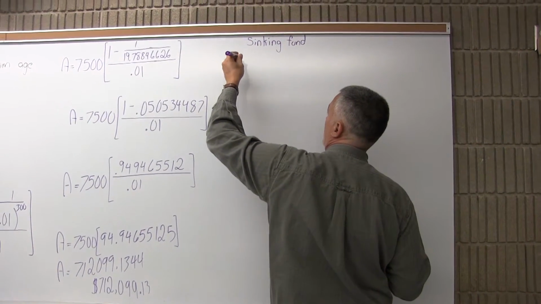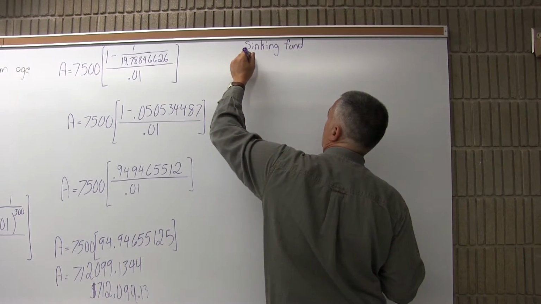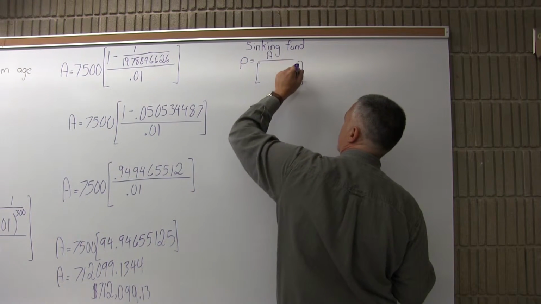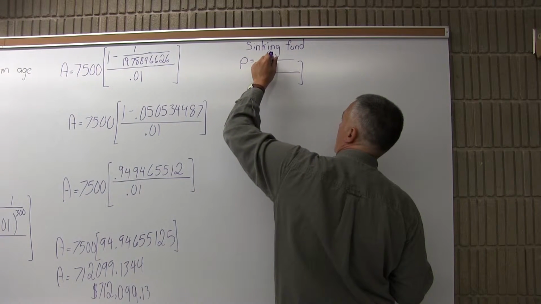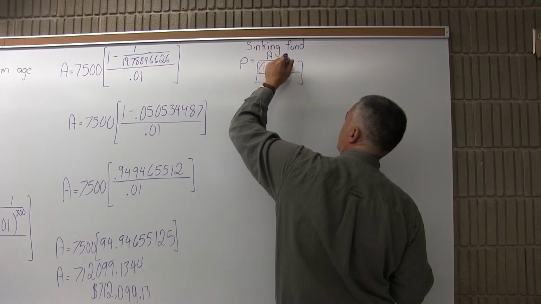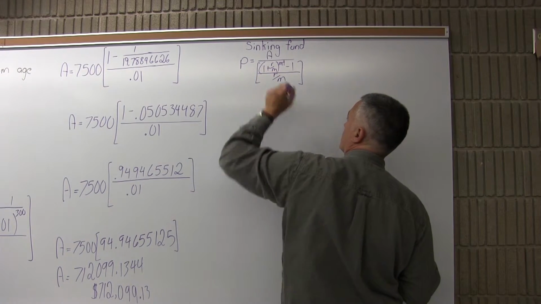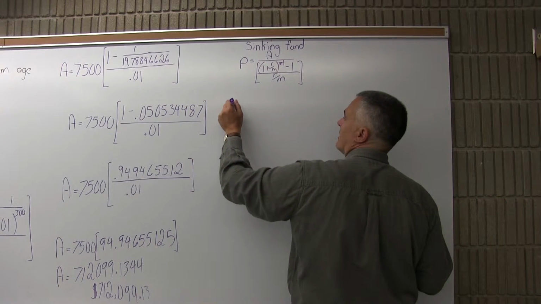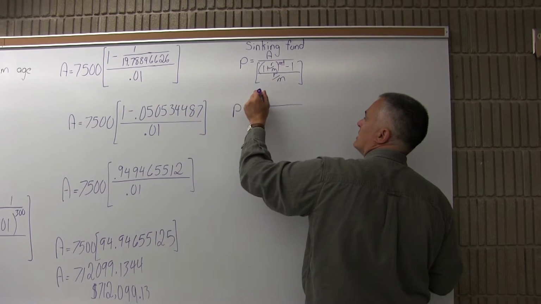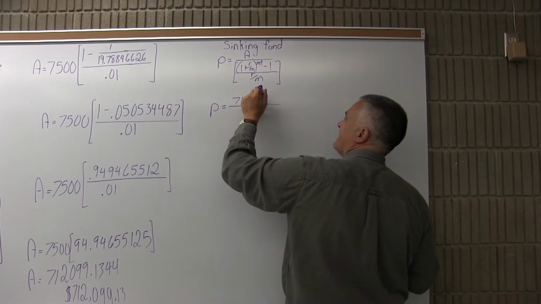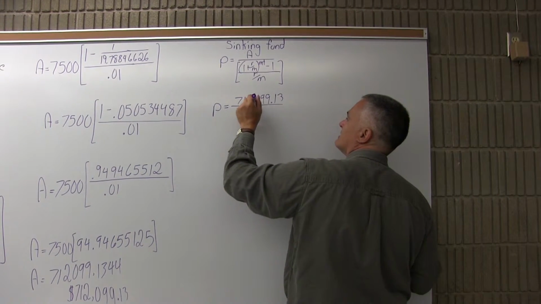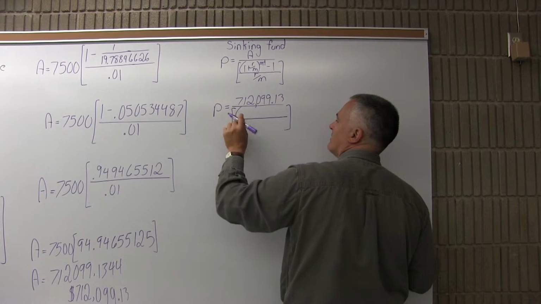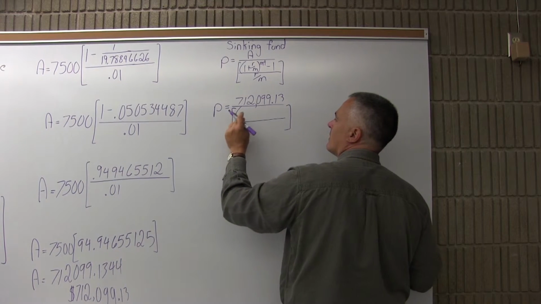And the sinking fund formula is P, the regular payment, equals A, the amount that's your goal, over the brackets, which is 1 plus r over m to the m times t, minus 1 in the numerator of the brackets, over r over m in the denominator of the brackets. So for the information for this problem, P would be A, the goal, which is $712,099.13, over, in the numerator of the brackets, you would have